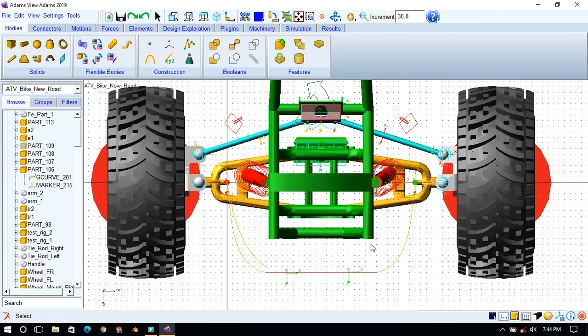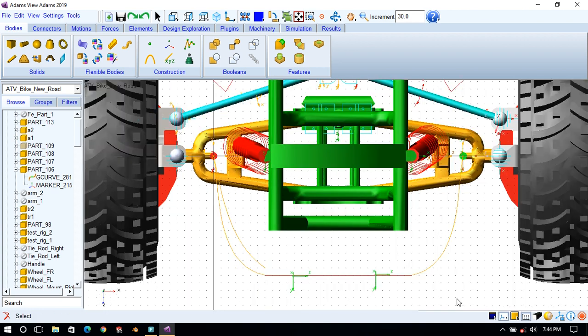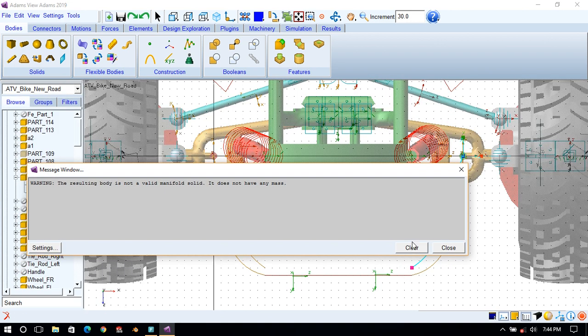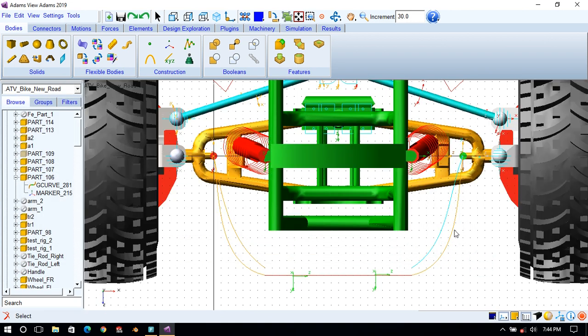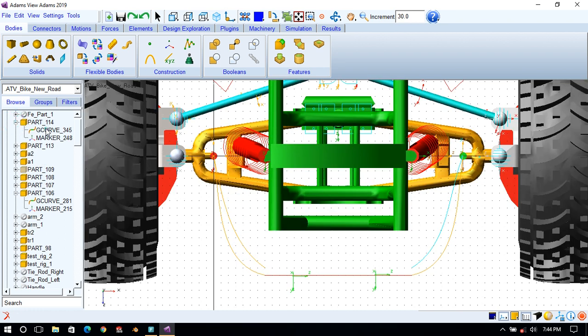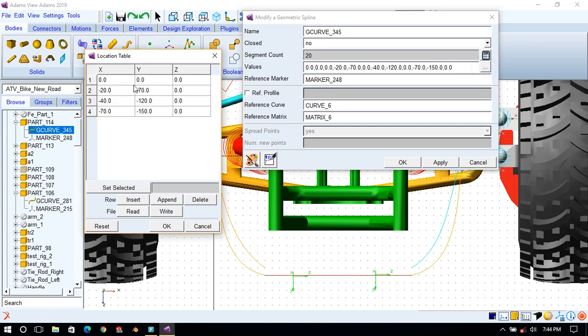So what we will do, we will create the spline directly here. So point 1, point 2, point 3 and point 4, right click, so it is created. It looks similar, but you can edit the points. So if you see, you can edit points and adjust it. So make sure Z is identical for each point.